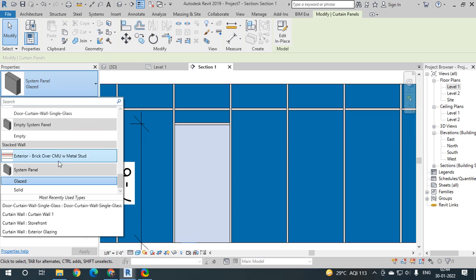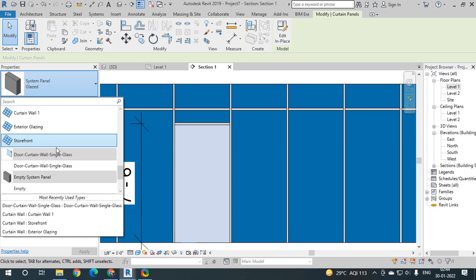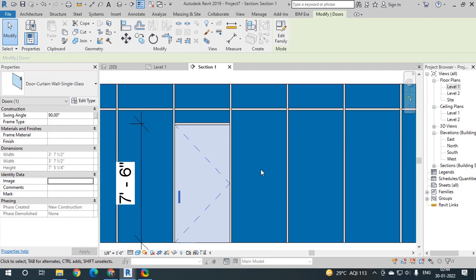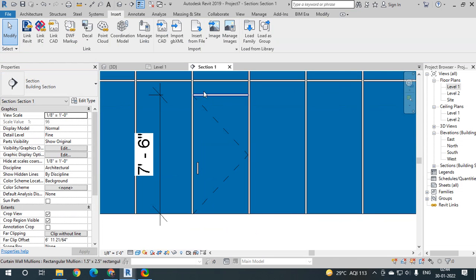After that, inside this drop down I will have to select my curtain door, whichever I have just now loaded, Door Curtain Wall Single Glass, and soon I will click on it. My curtain door got placed here.